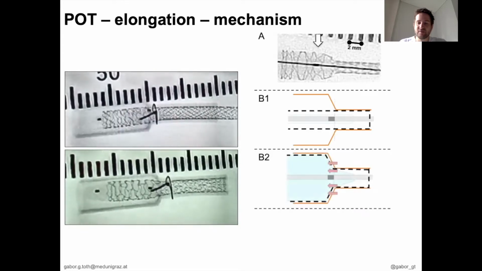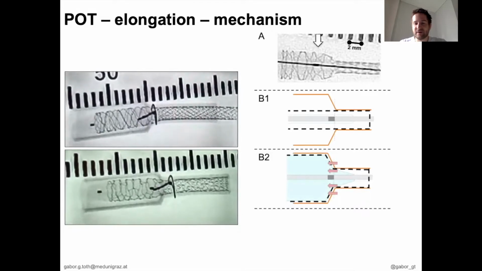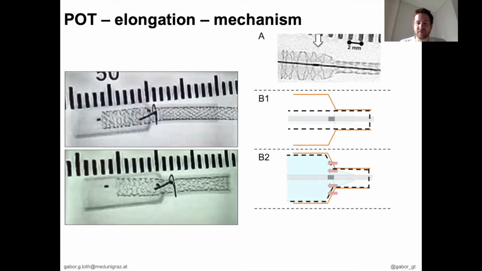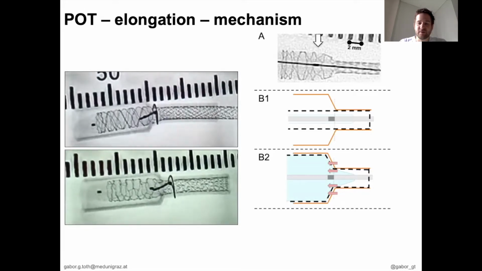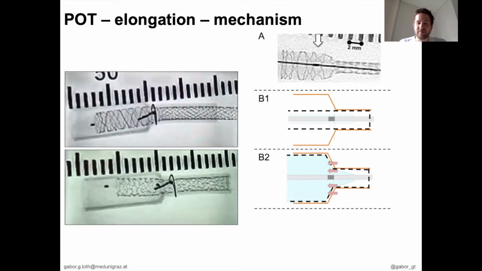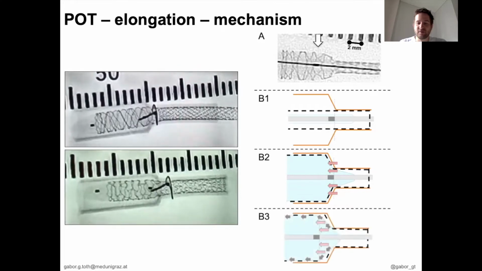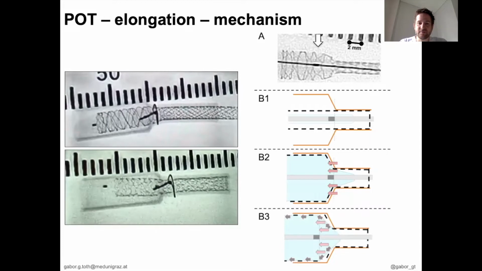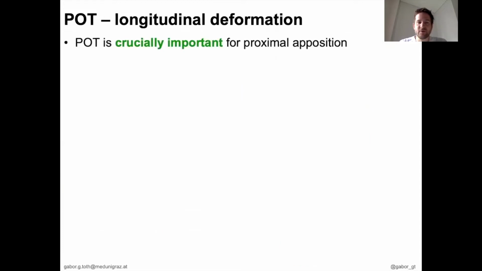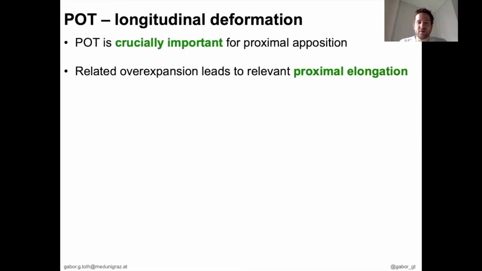And in case of a certain resistance here, calcified lesion, strongly fibrotic lesion, results in proximal slipping of the balloon, a kind of melon seed effect, which stretches the stent towards proximal. So summarizing these findings, we believe that indeed POT is still crucially important to correct proximal apposition, but we have